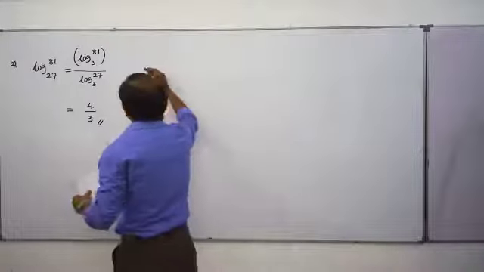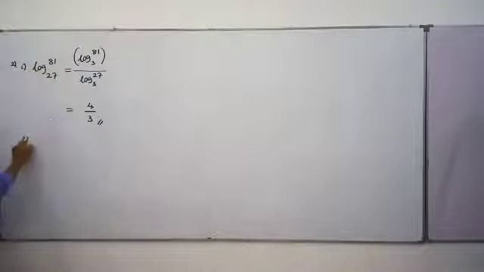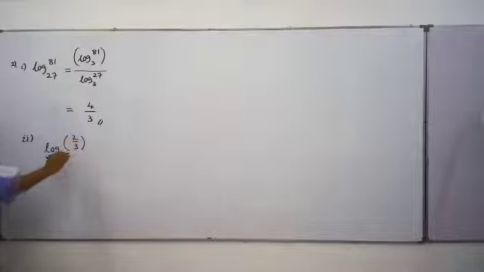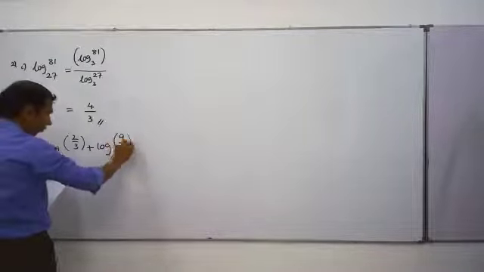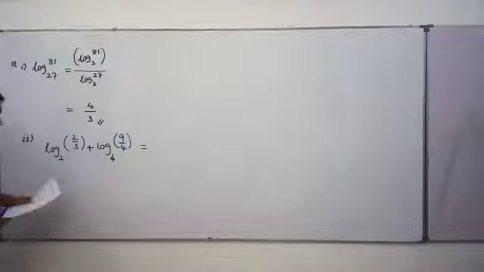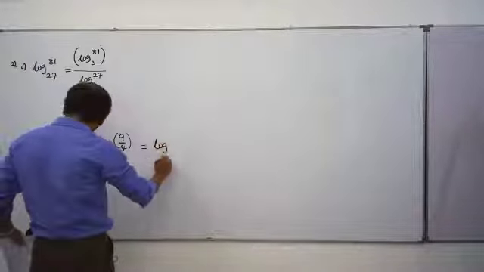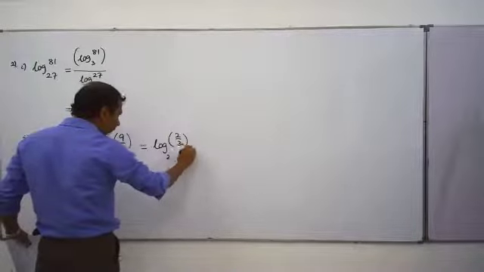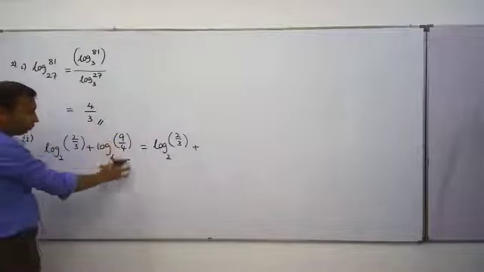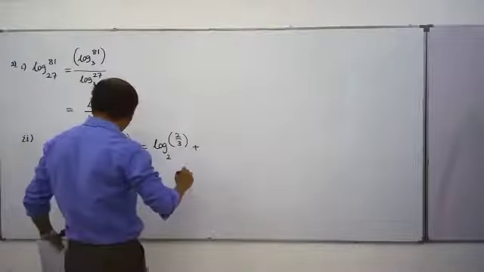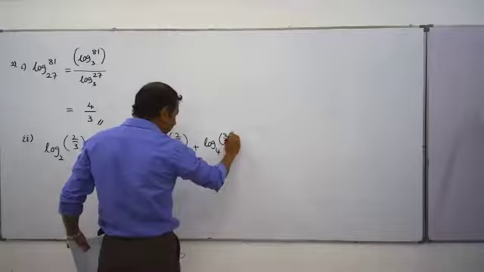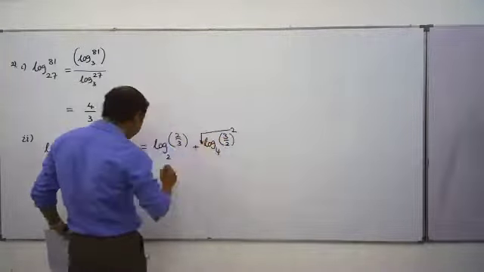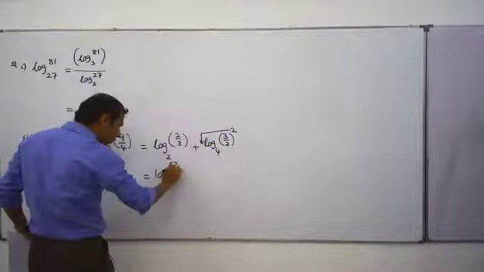Okay, number 2, second part. Logarithm to the base 2 of 2/3 plus logarithm to the base 9 by 4 of 3 by 2. We have to prove this is equal to 0. Right. This one we can do like this. Logarithm to the base 2 of 2/3 plus this one I am going to write by introducing the change of base formula subject to the base 2. Then I write this first one, 9 by 4, as 3 by 2 perfectly squared. Then this power you can take before. Logarithm to the base 2 of 2/3 plus